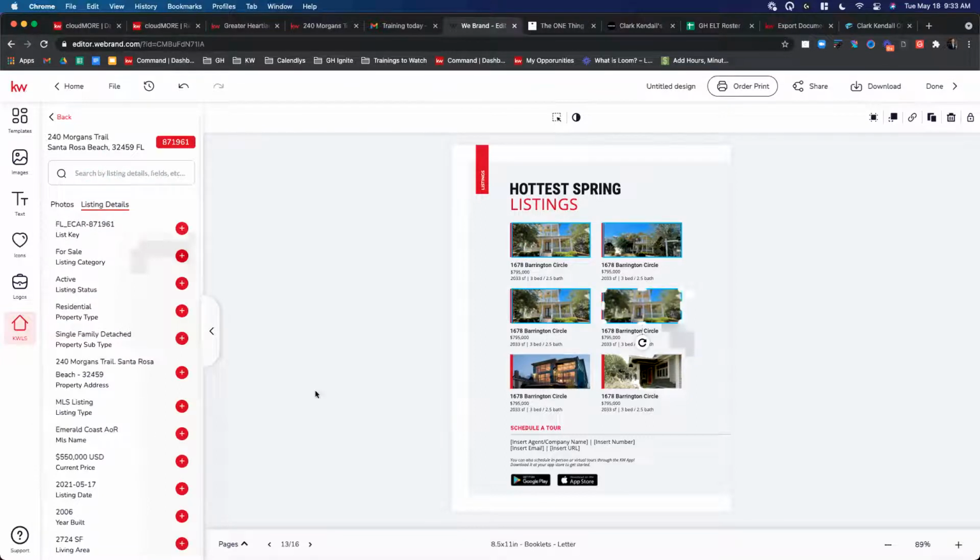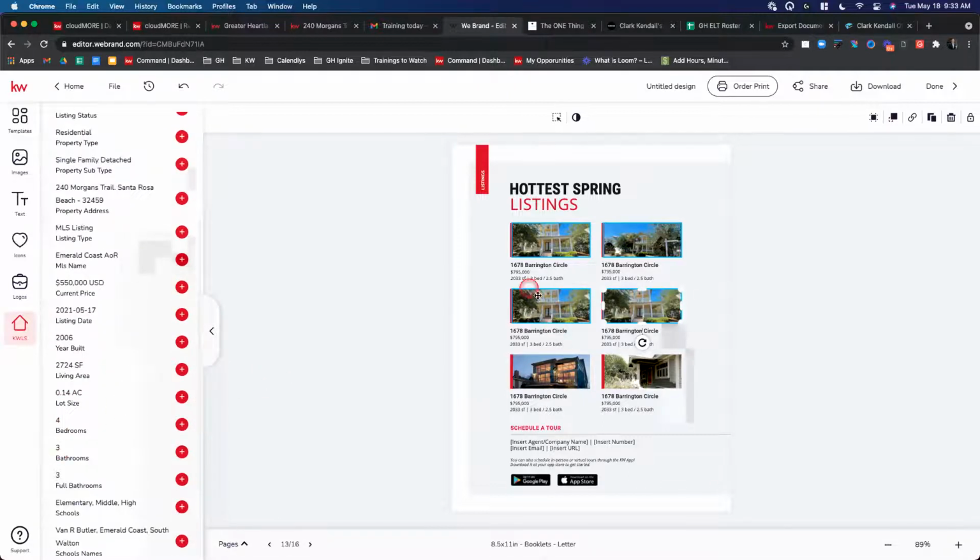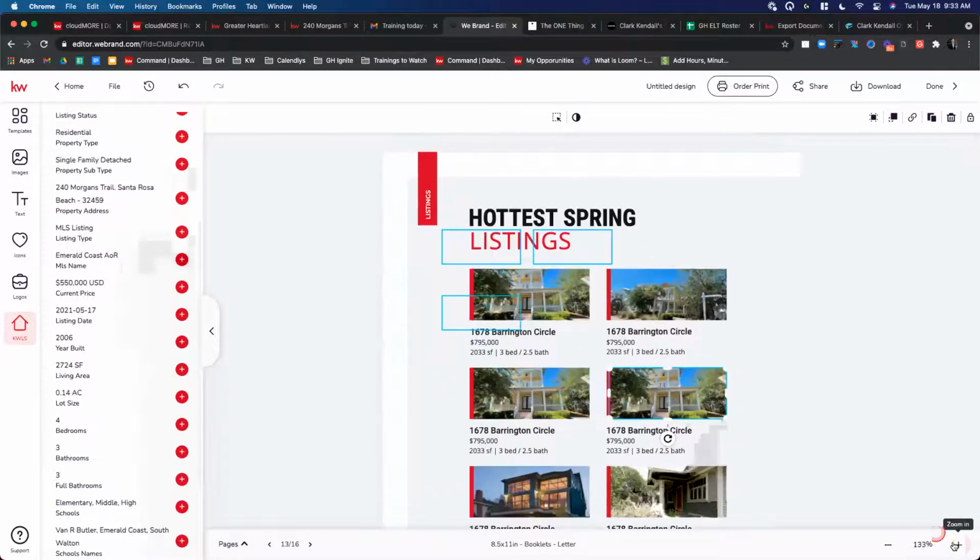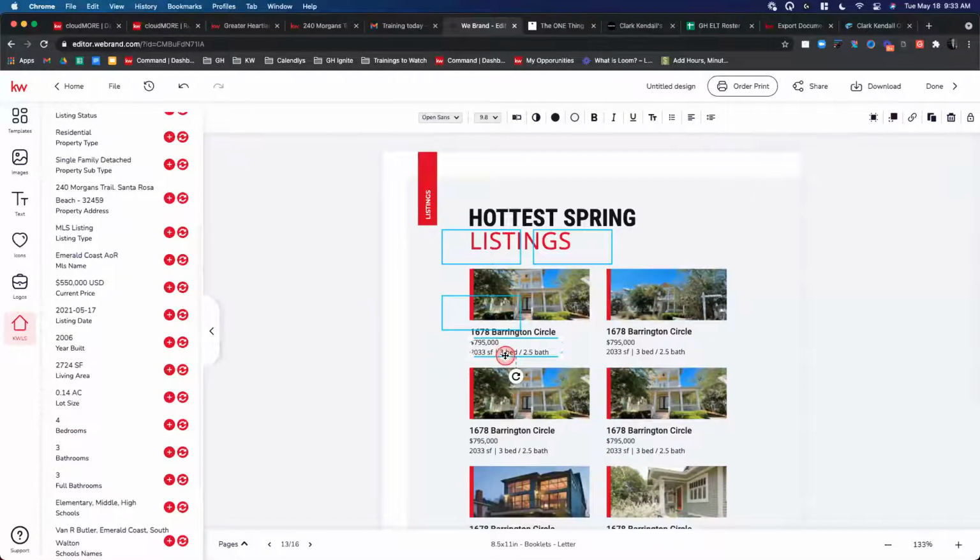You do have some listing details in here. So if it's maybe a listing you're not familiar with, like, oh yeah, how many beds is this home? And right here we see it's 4 bed, 3 baths. So I can come in here, I'll zoom in a little bit. Change this to 4 bed, 3 baths. I can change the price. It's $550. All right, so come in here and 550, change the square feet, just like we normally would.